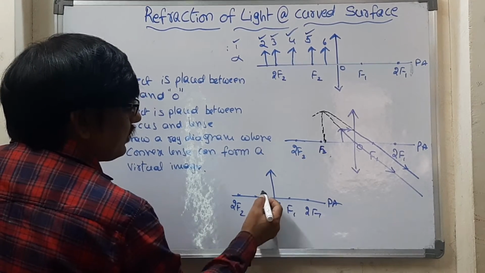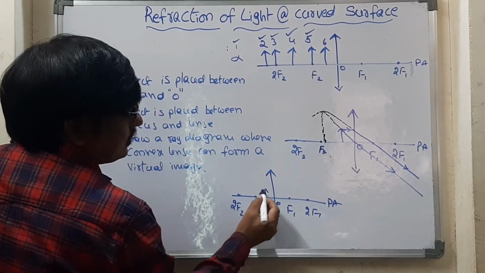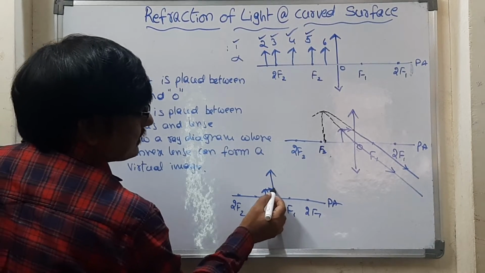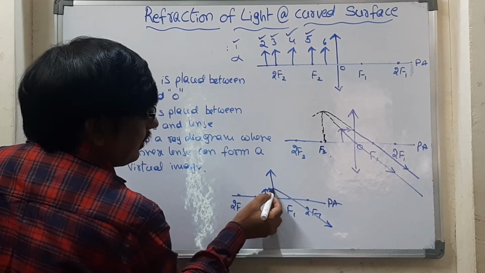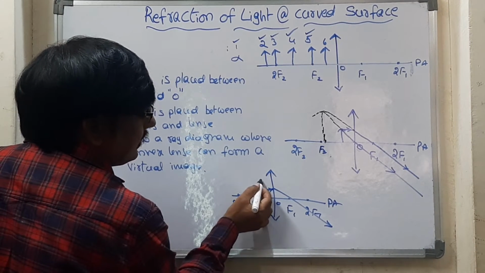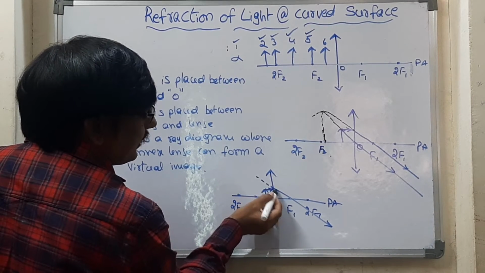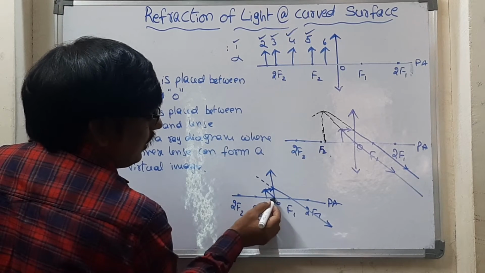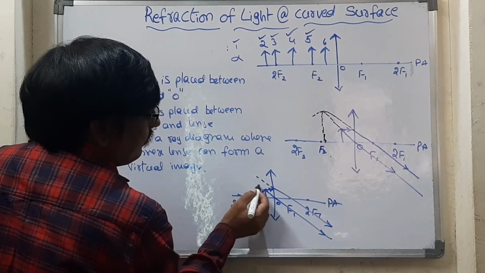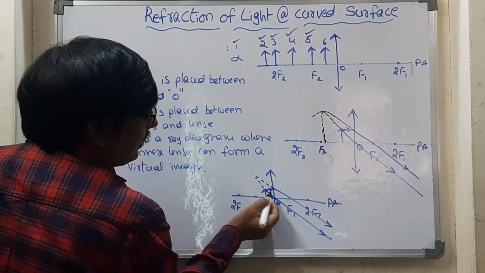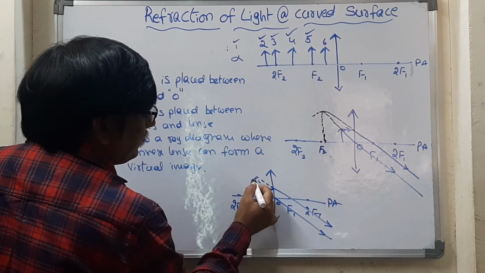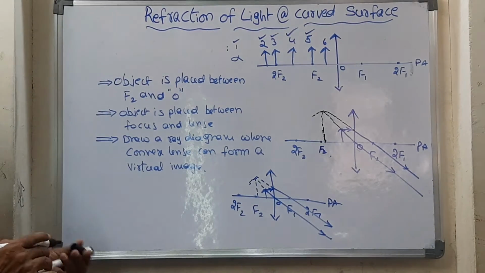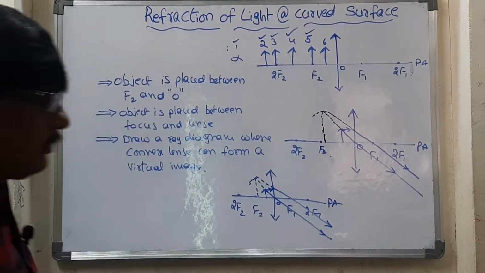And what we have to do? First of all, we will take an object here. The first ray is parallel to the principal axis, and that passes through the focus. And the second ray, where it is just striking the lens, right from there you take the duplicates, and again it passes through the optic center, and right from there what will happen? Again just extend the duplicates, and you complete the rest of the part. And so then what will happen? This type of image you can get. In this way the image can be formed.